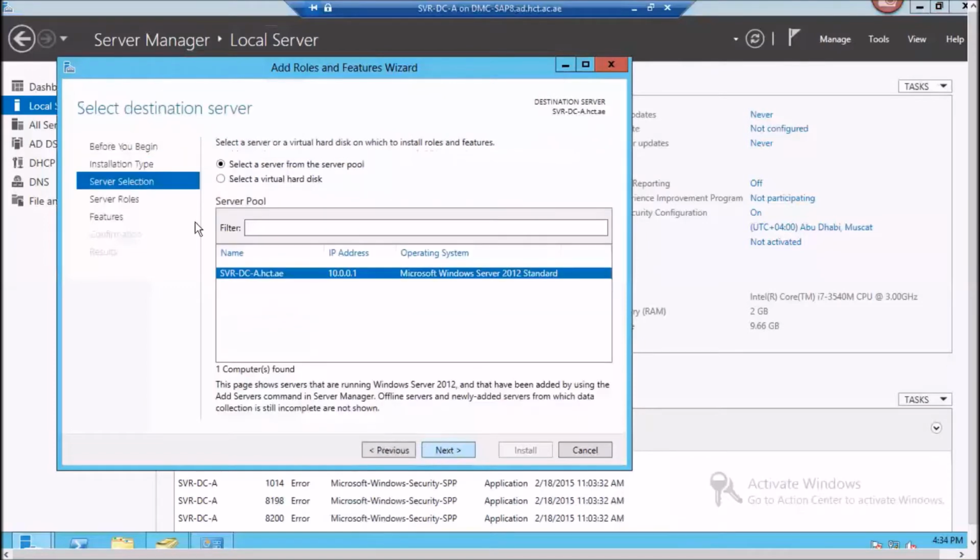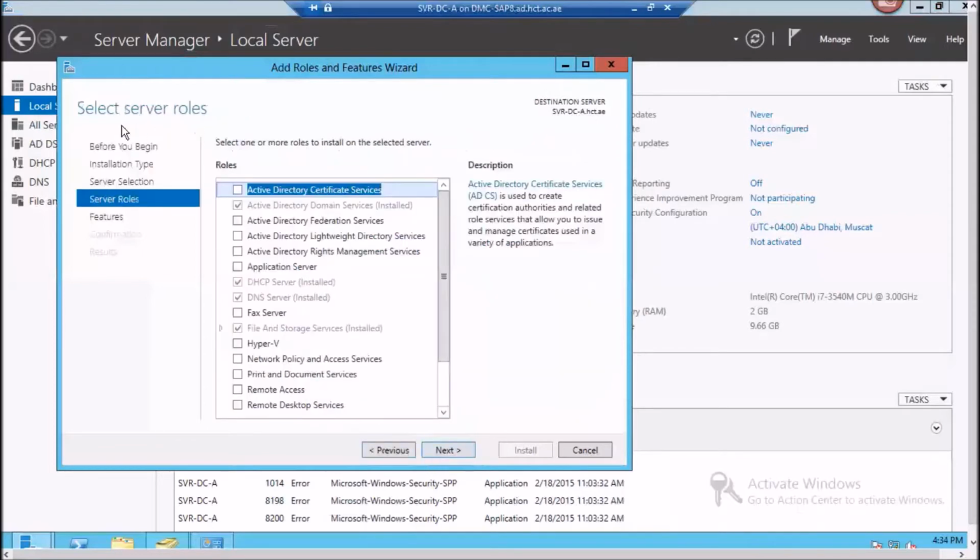Click next, and just read at this area, the header. Click next. What does it say? Select server roles. There is a lot of roles, but which role we want to add now? DHCP role. So I've already added, yeah? Then you select DHCP role, it will add certain features. Then again, next, finished. Clear?